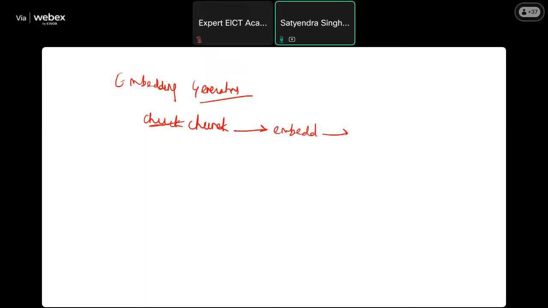Embedded means they are converted into a numerical representation, basically high-dimensional vectors that capture the semantic meaning of the chunks. So text is converted into high-dimensional vectors,